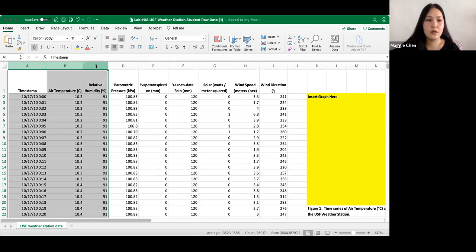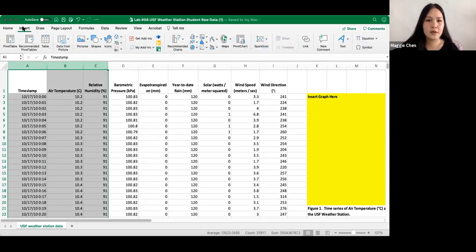And now at the top on the toolbar, we can go under the Insert tab right next to the Home tab. We'll click on the Insert tab, and near the middle of this toolbar, there's this XY scatter option, one of the charts that we can make. We're going to select this very first option for scatter plot, so no lines or anything, because there's a lot of data and we wouldn't really need lines to be able to see a clear trend. So we'll just click on this very first scatter option,